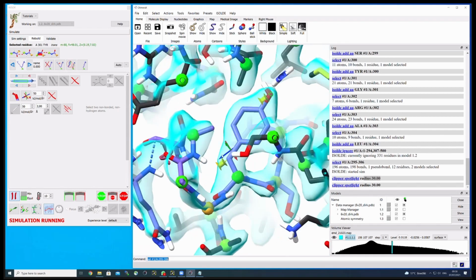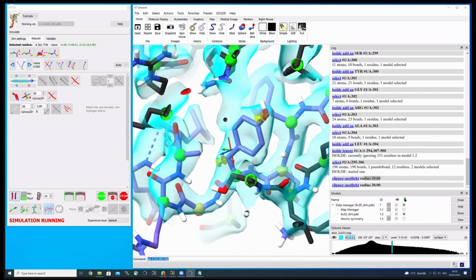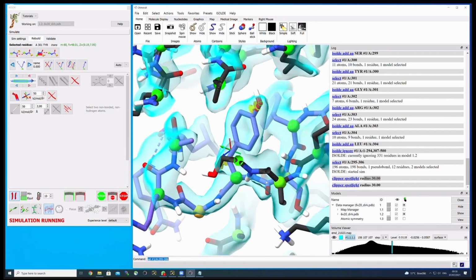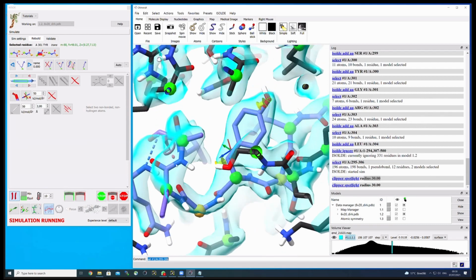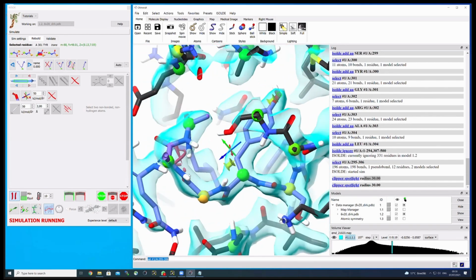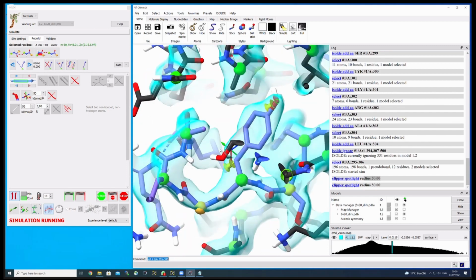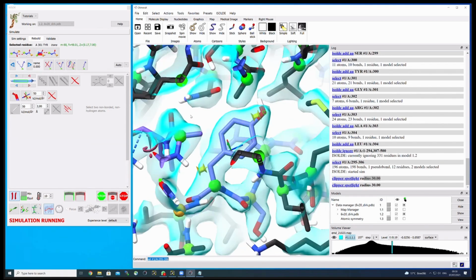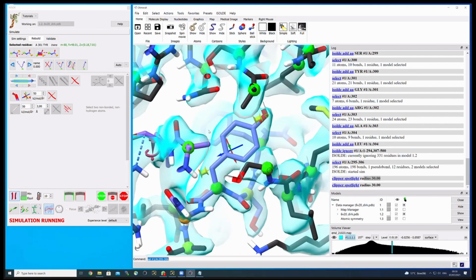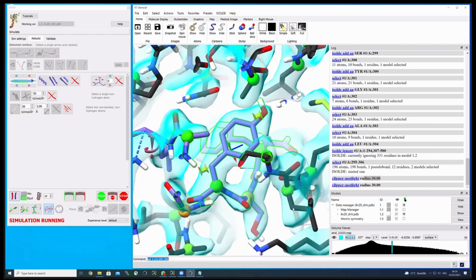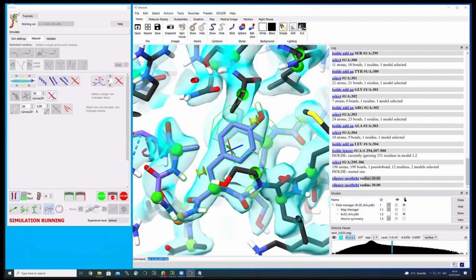So if you're trying to fix longer areas all at once, once you're satisfied with a certain residue and the fit into its map, you can fix the residue like this and continue building until you have the entire sequence matching its density. And to remove this, you can, for example, click Control and make a little box with the mouse that selects all the residues within this box,